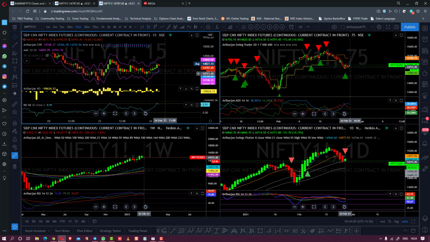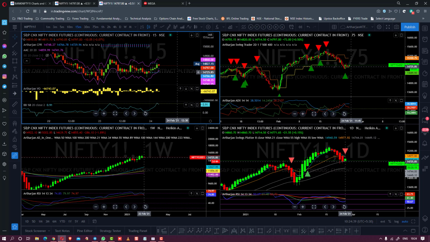Now this Artharjan ATR channel indicator at the bottom prints the ATR plus high and low minus ATR channel above and below the candlestick pattern, and this will help you define your stop loss. If you are buying a naked future or equity, you need to use this Artharjan ATR channel indicator to define your stop loss, so that you remain within your